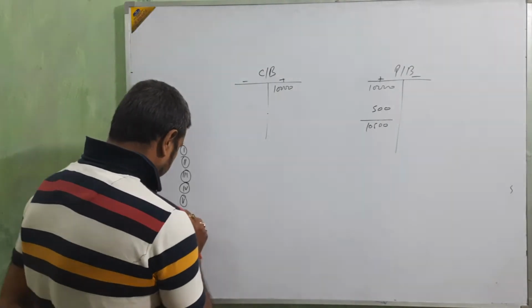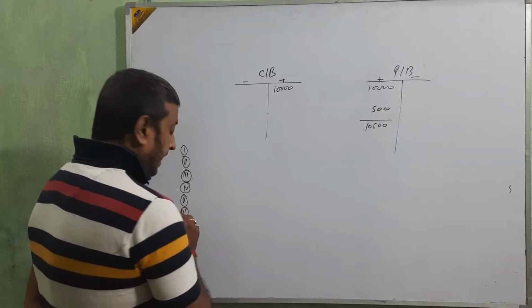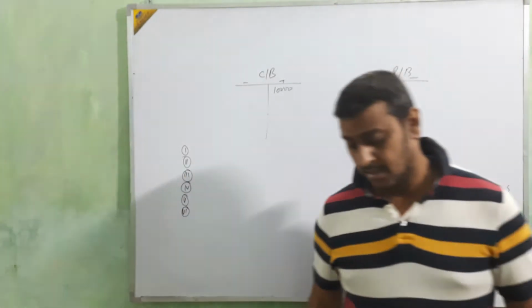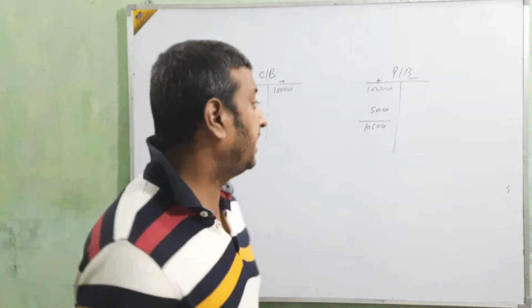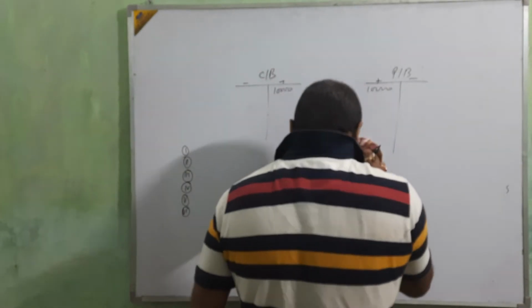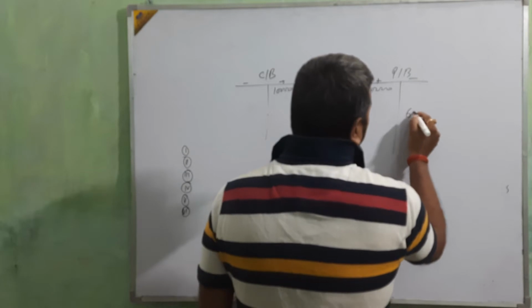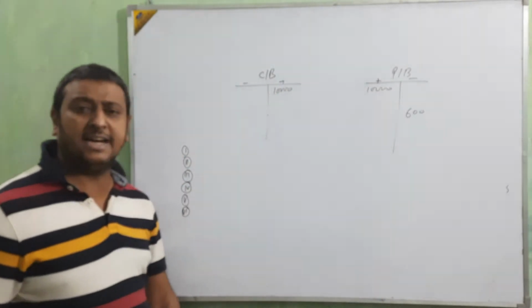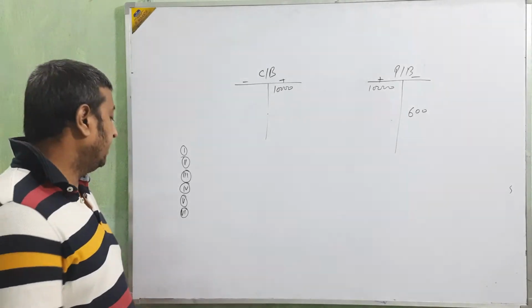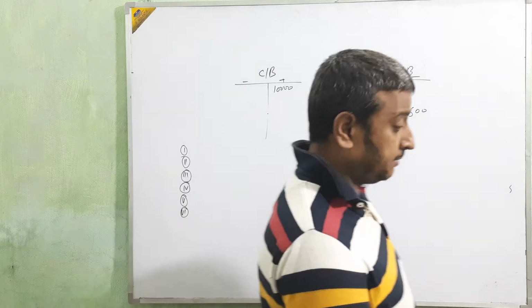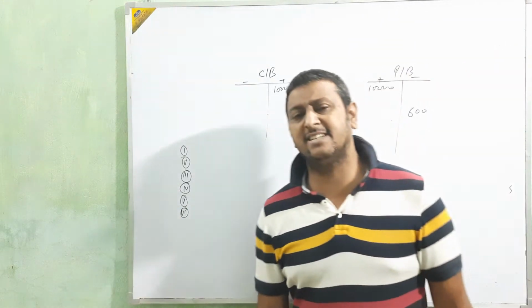Next, sixth. Any type of direct payment made by the bank. If the bank pays any amount, say 600, on the instruction of the sole trader, that amount will be less, but here you don't have information about that. Then that will show a difference between the cash book and passbook.